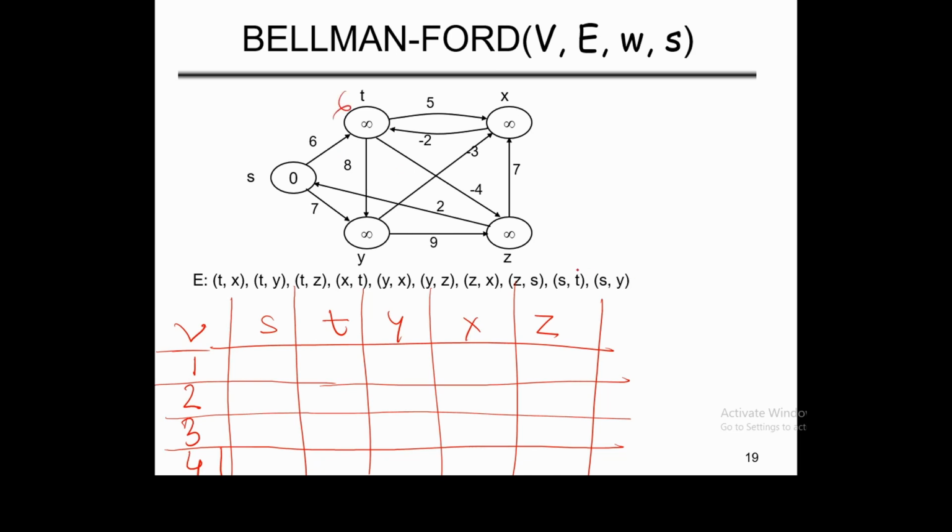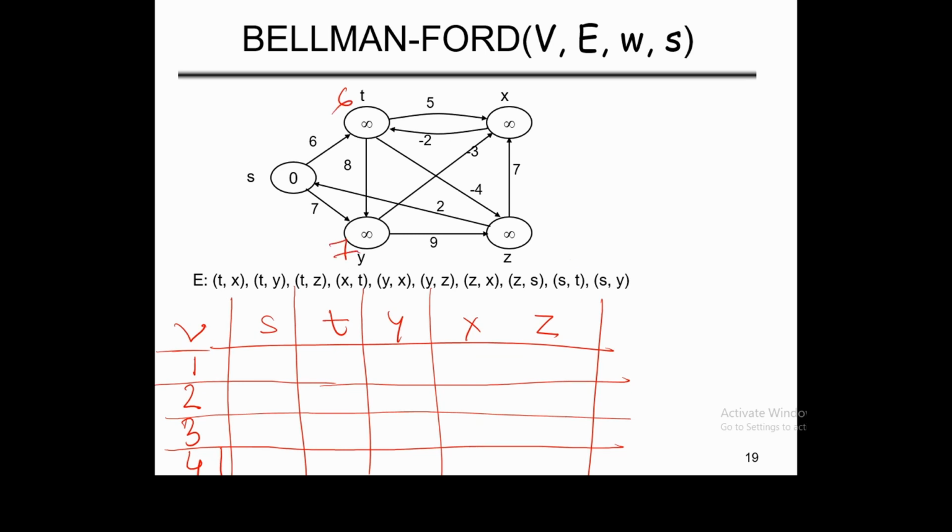चलो देखते हैं। 6, s to t we have relaxed this one. s to y it will be 7, ये हो गया, ठीक है। Then come to here, t to x, it will be 6+5 11, ठीक है। t to x या x to t, it is t to x, x to t अलग है, ये रहा t to x। ऐसी सीक्वेंस में कर लें ज़्यादा। Start from here t to x, first of all इन पर ये इन्फिनिटी है, पहले एक बार इसको करना पड़ेगा हमको।